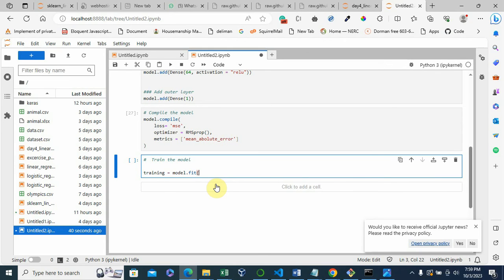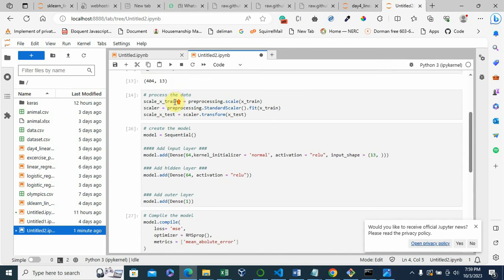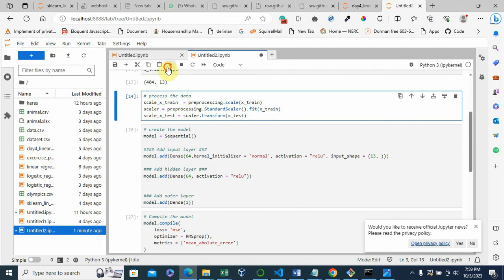In scikit-learn, we use fit, where we pass in the dependent and independent variable for it to learn with. So the same thing here. So the fit, but this one has a lot of other variables that we are going to pass in. So we're fitting in the scaled data.